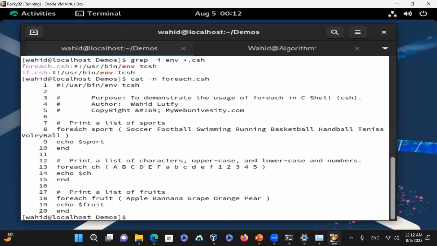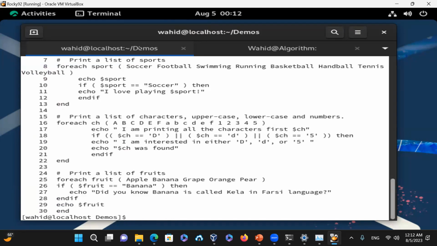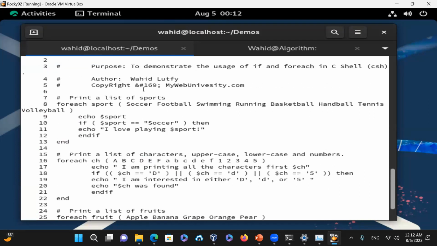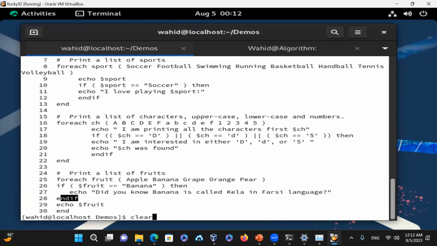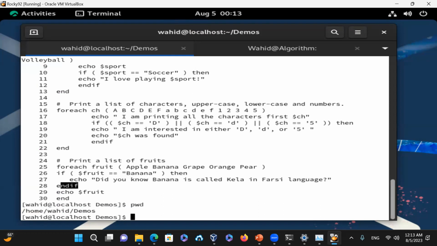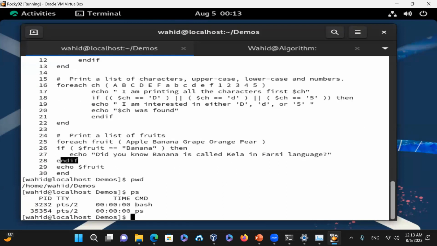The foreach statement has that one, and then the foreach-all one is similar, and then the cat -n f.csh also has similar syntax with the if statement and endif statement rather than fi statement, and then foreach has an end statement here. So we do that one, and then one more thing that I want to show you on this one, PS,